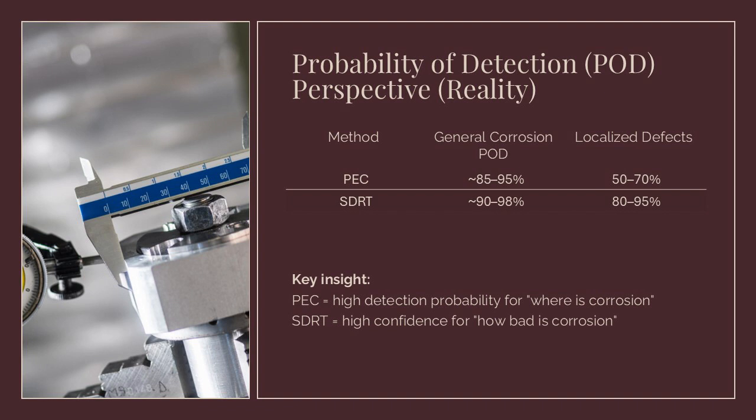Key insight, main message. The key takeaway is the role each method plays. PEC is very effective at identifying where corrosion exists. It's a screening tool. SDRT, on the other hand,